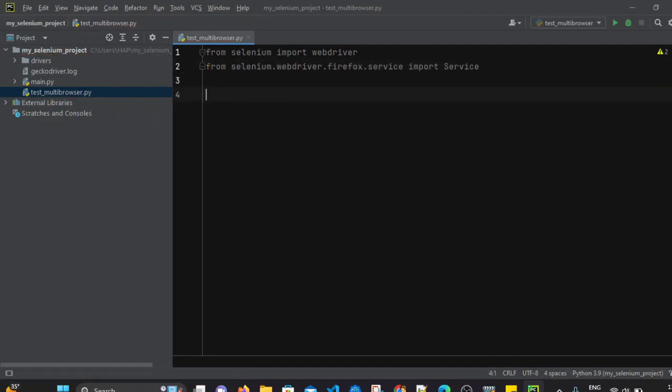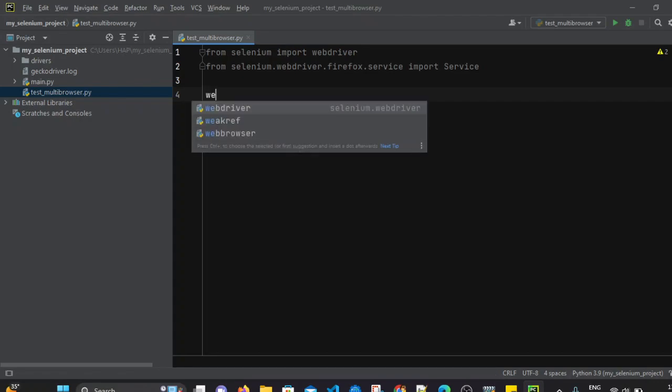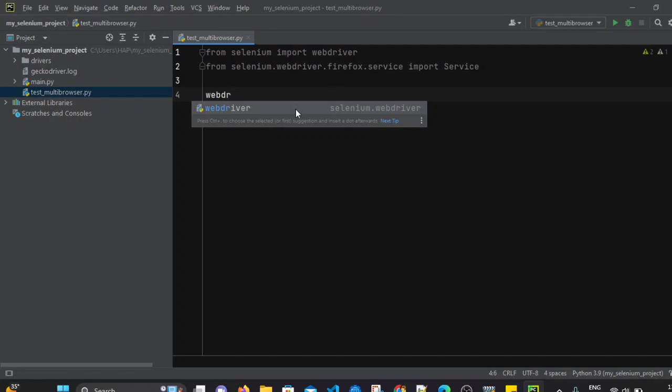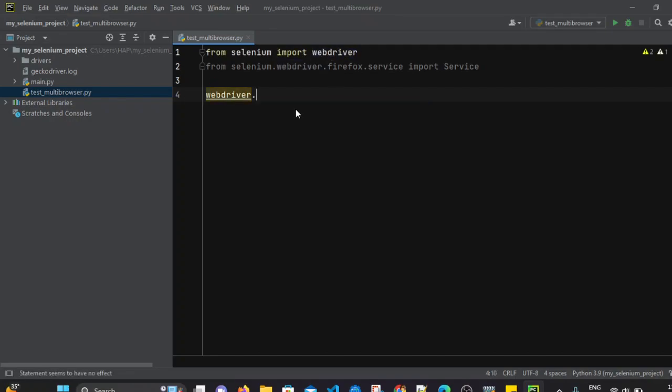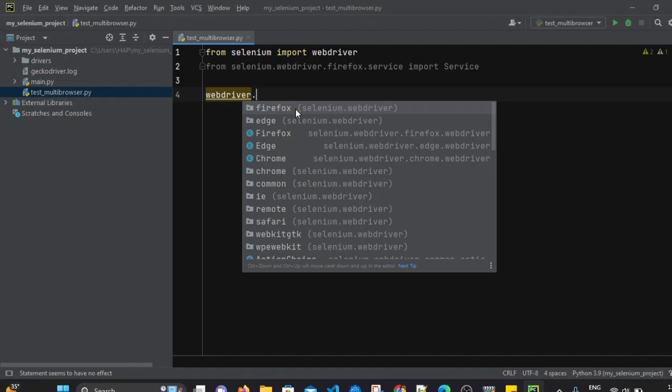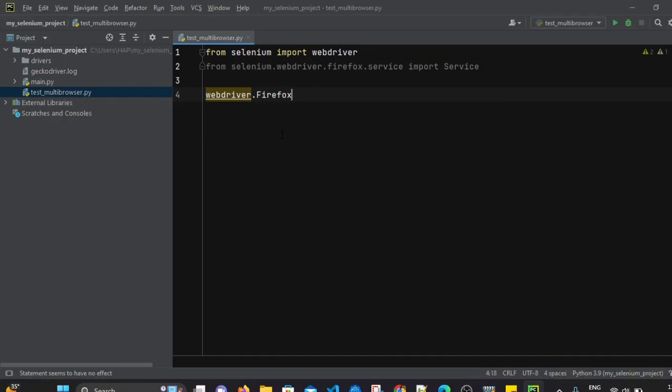After that we will create the instance, right? So how to create the instance for the webdriver module? We are going to execute it for the Firefox browser, so I will select webdriver.Firefox, and assign a reference variable to it. So driver is the object reference variable.